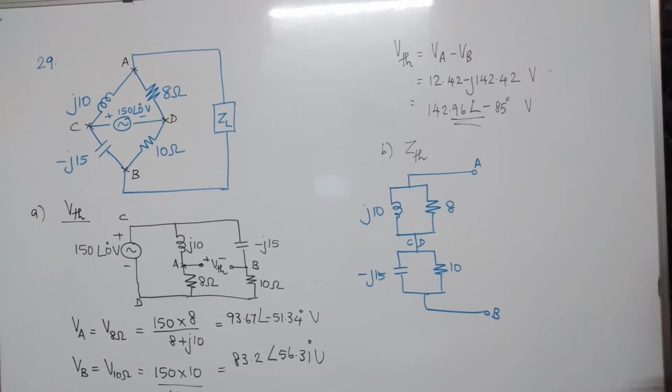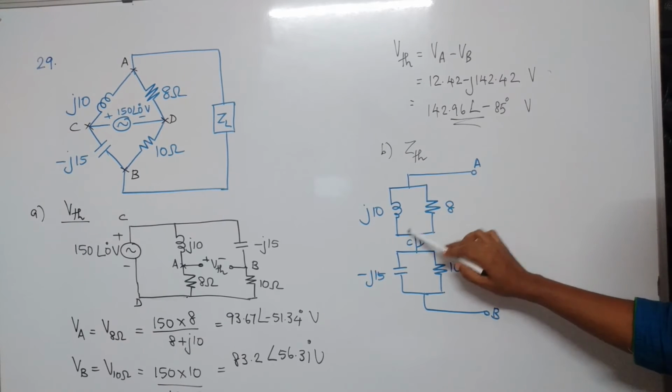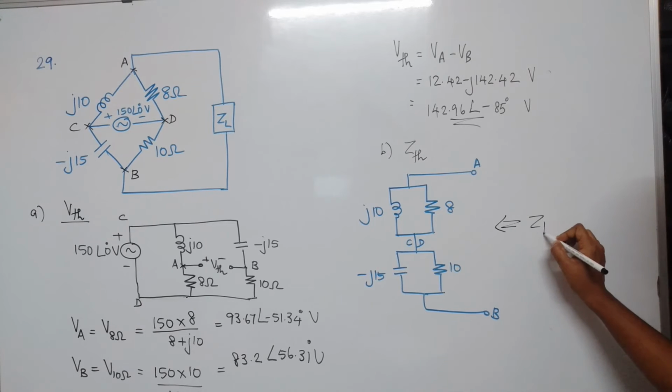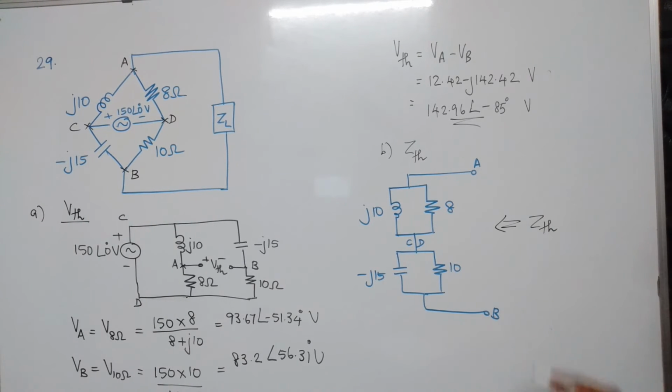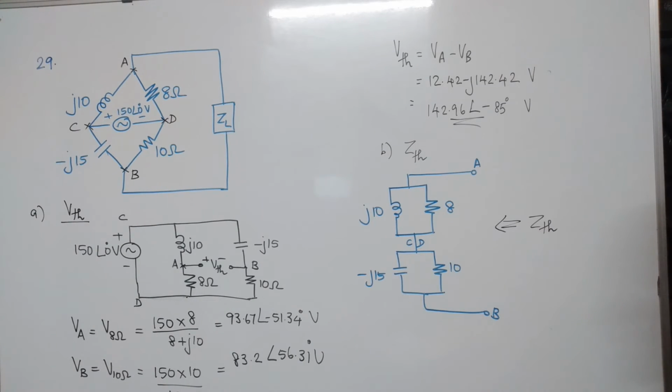The same circuit is redrawn. J10 is between A and C, 8 is between A and B, same way. So we have to find out ZTH. We can easily say ZTH is 8 parallel J10 in series with 10 parallel minus J50. On simplification, we'll get it as